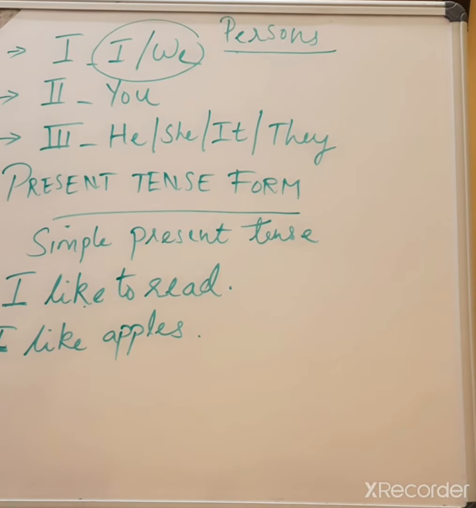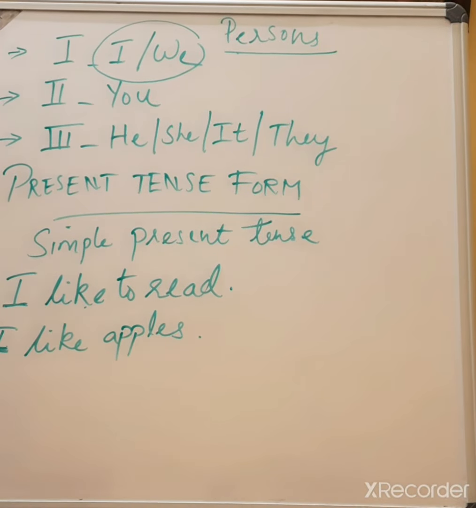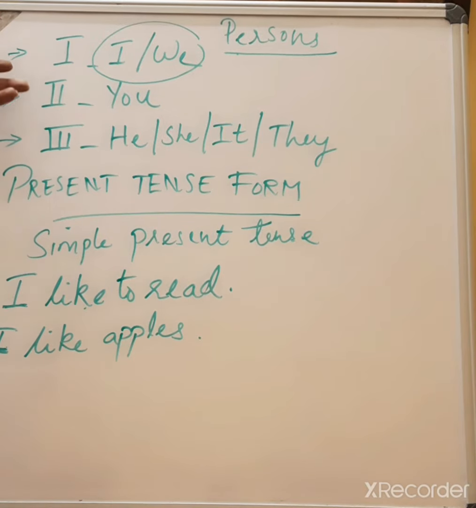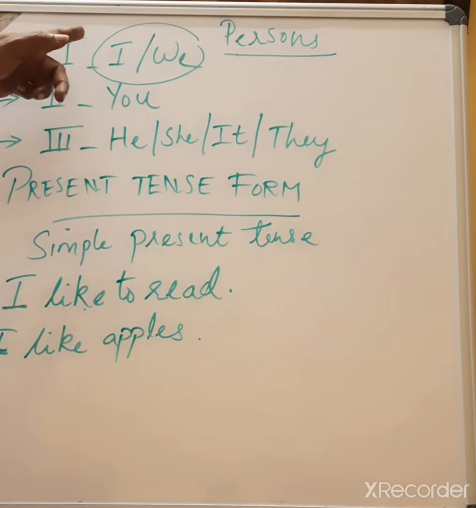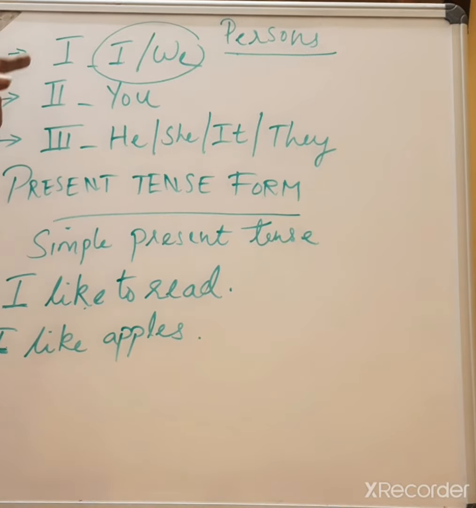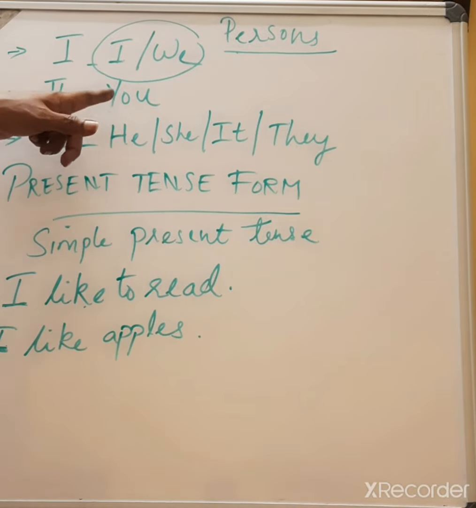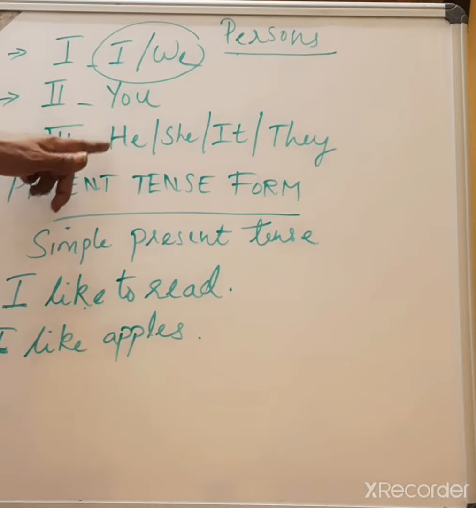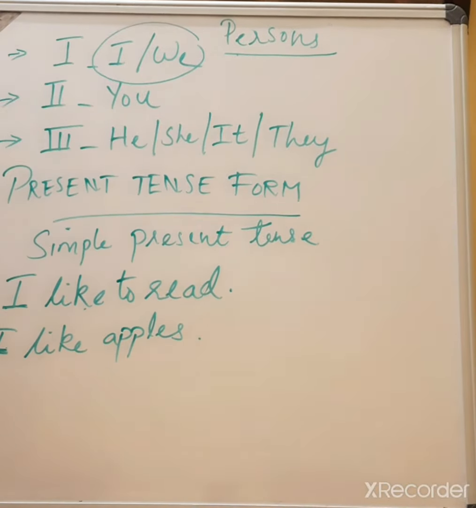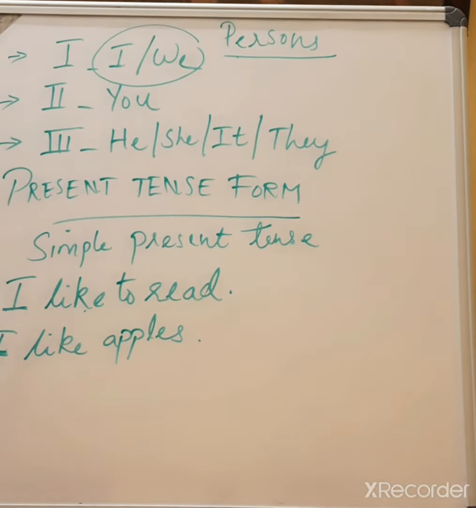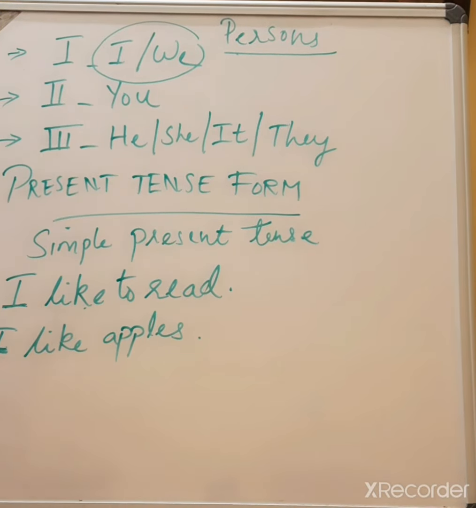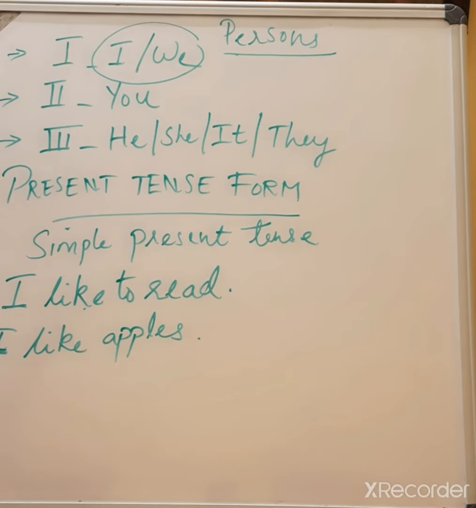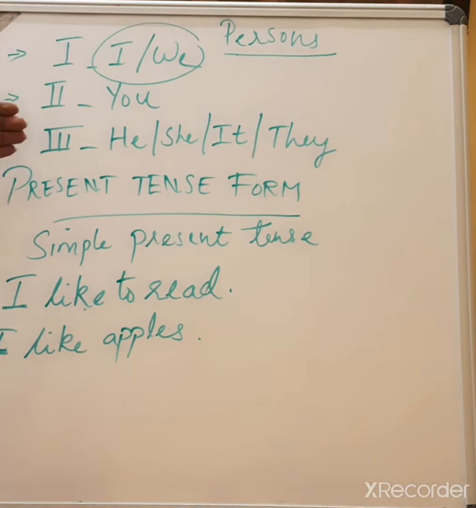We have already looked at the three persons in English: first person, second person, third person. First person meaning I, we. Second person, you. Third person, he, she, it, they. Now, this is the first step in your learning of the language. This is the first thing that you should be very clear about, the three persons that we have, and